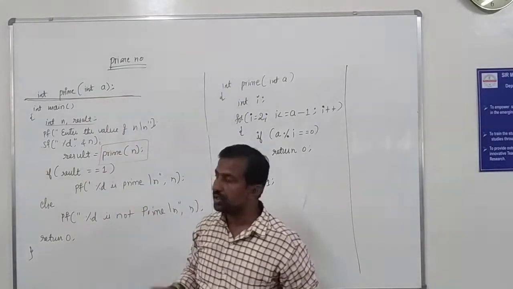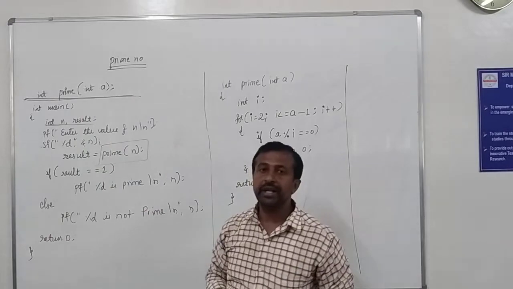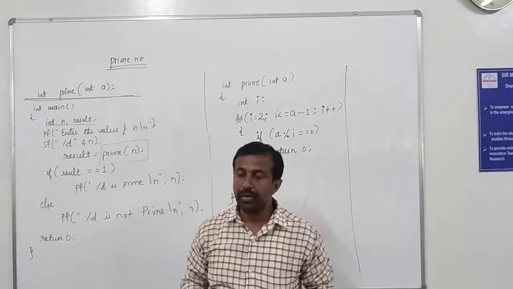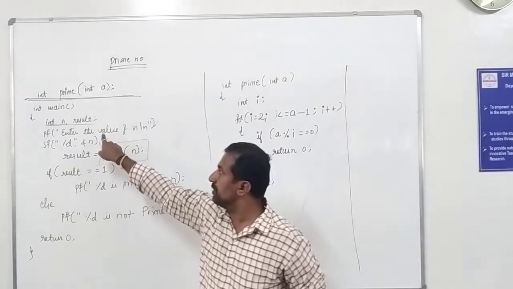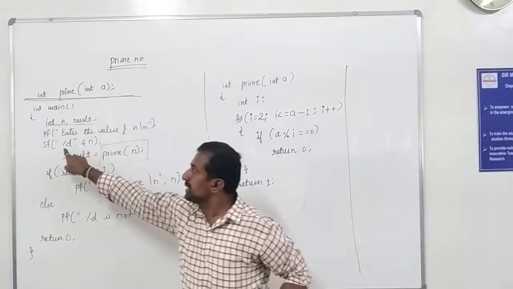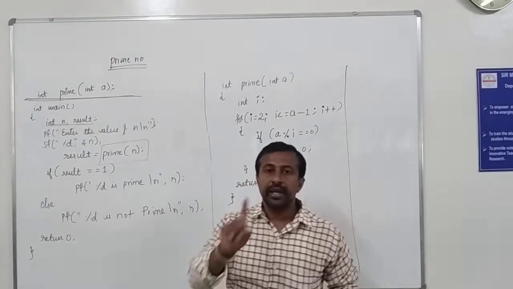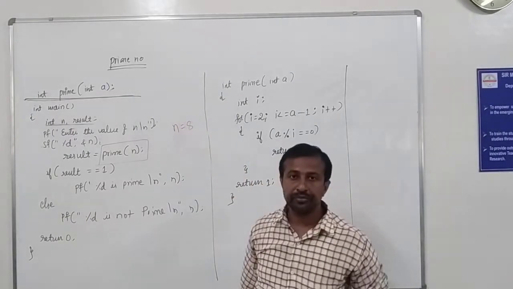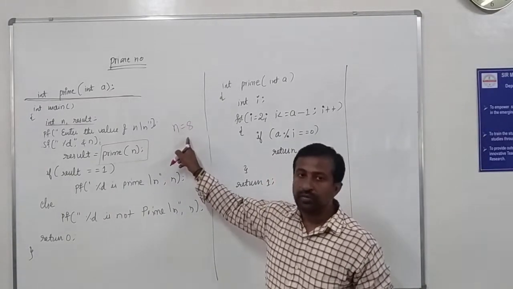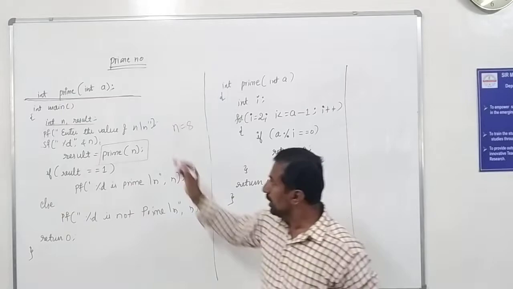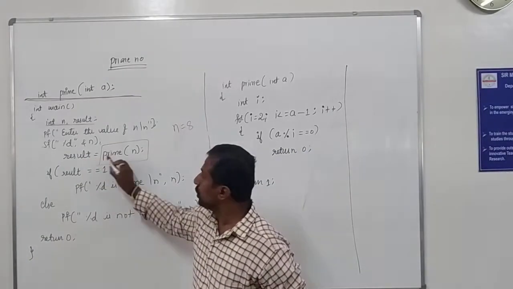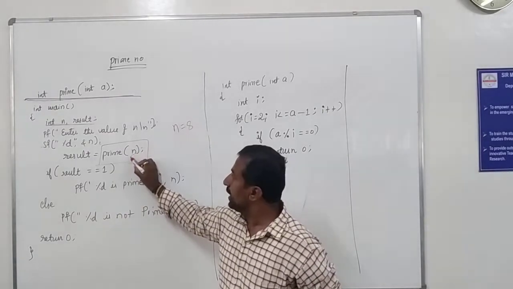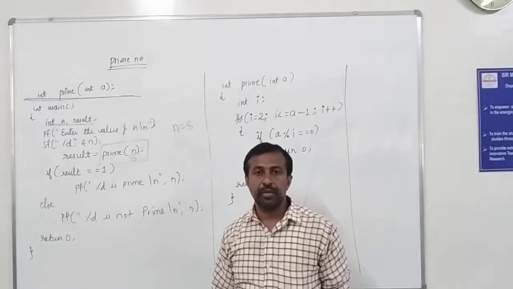Once we write the main function, here we are declaring all the local variables, int n and result. Then I need one number to find out whether it is a prime number or not. For that, I am going for one printf and one scanf statement. Printf enter any number, scanf %d ampersand n. n is the number you are going to check. Suppose I am going to take n as 8 only. So first I am going to check that 8 is not a prime number. Then call the function: result is equal to prime of n. It means whatever the n value is, 8, you are going to pass that as an actual parameter.